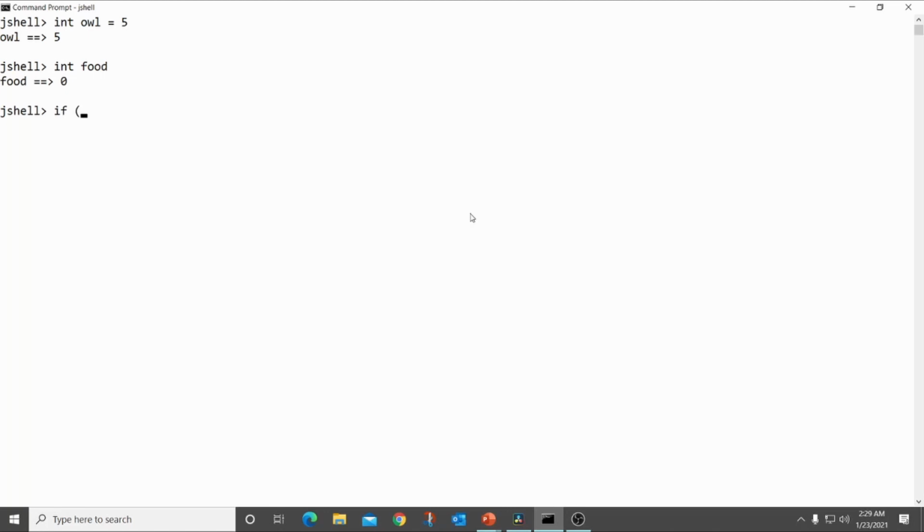if owl is less than 2, food equals to 3, else food equals to 4. And if I write food here, food 4. Okay, so pretty much 1, 2, 3, 4, 5, 6, 7, 8 lines to check the value of a food. I could do everything in 3 lines, like